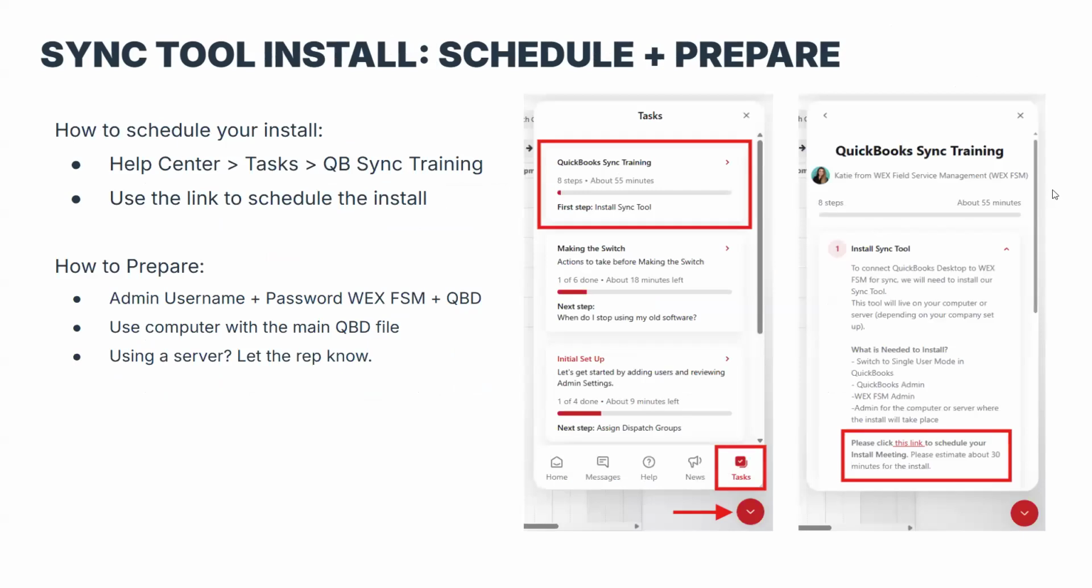Now, the way the sync tool works, here's actually a visual of where to go. There's a little Help Center icon in the bottom right of your screen. You'll click on Tasks and then QuickBooks Sync Training. From there, you'll see the very first module is Install Sync Tool, and click this link. Now, if you're QuickBooks Online, you don't have to worry about this. We'll get into that. But for QuickBooks Desktop, you will have a place to find this link where you can